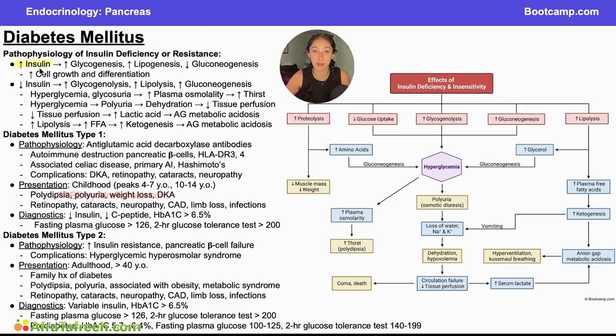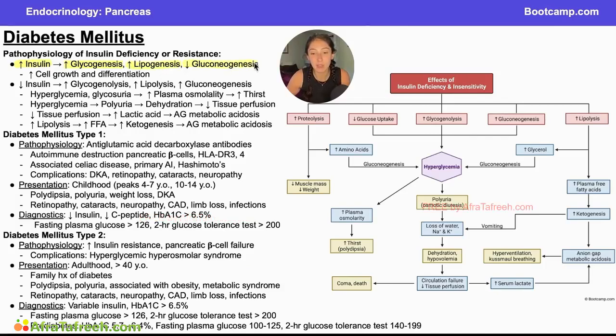Insulin is responding to a fed state, so you are going to be in a high energy state, and that is why insulin is going to act as an anabolic hormone. When you have a bunch of excess energy, it's going to be a good time for your body to focus on building other tissues. So when you have increased insulin reflecting increased glucose in your bloodstream, then you are going to stimulate glycogenesis, so you have extra energy, so you would like to store this energy in the form of glycogen. Increased lipogenesis, again, you have extra energy, so you would like to store this energy in the form of fats,